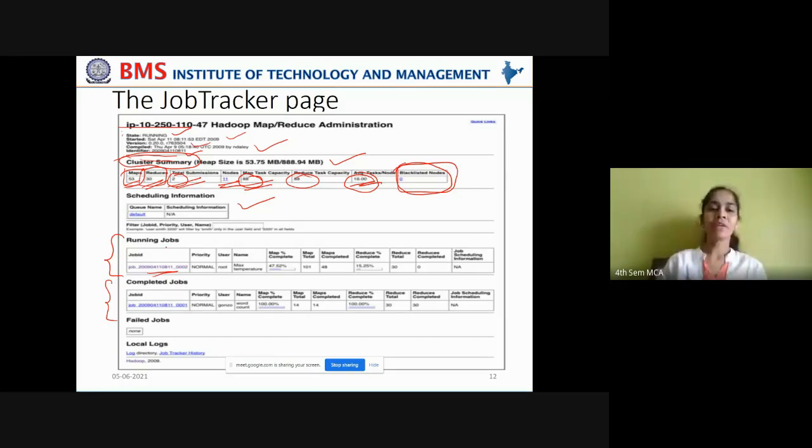Right? In this running job, you can find the job ID and what is the priority given to that job. You can assign jobs some priority. If it is given high priority, then the executing normal jobs will be preempted for some time and high priority jobs will be executed. Right? So here in this case, the job is not having any high priority. It is just given a normal priority. And the user, who is the user that owns this job? To which directory it belongs to. Now here it belongs to the root directory.